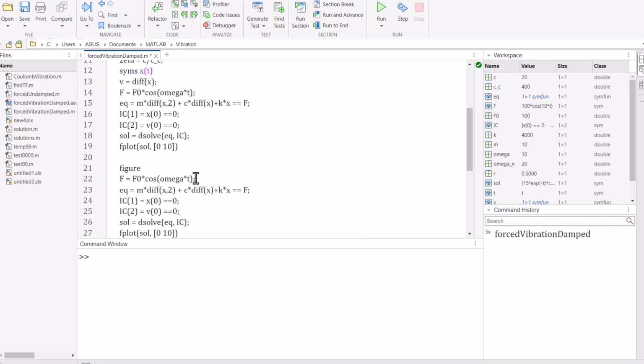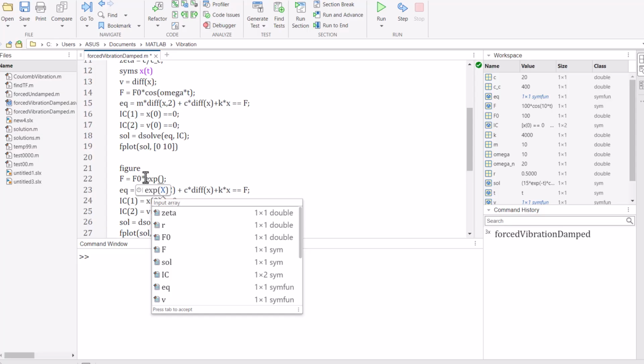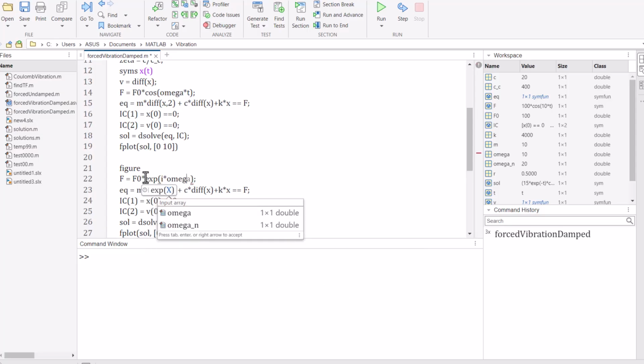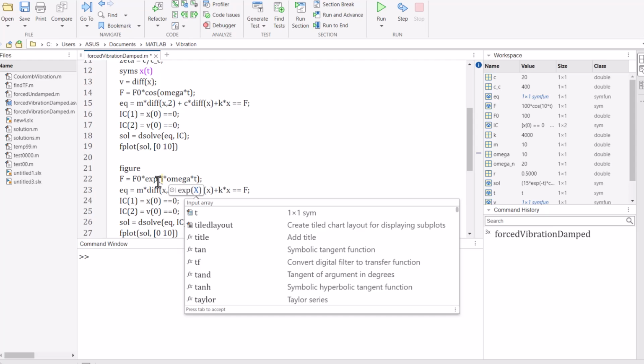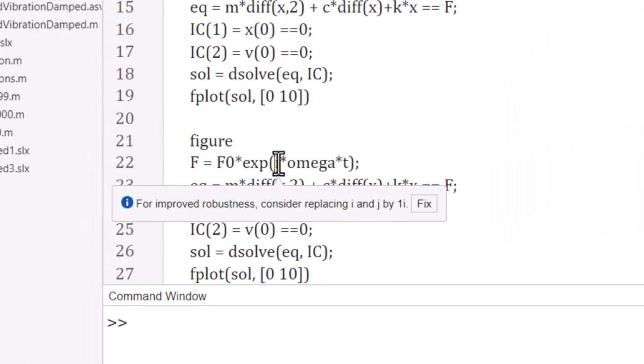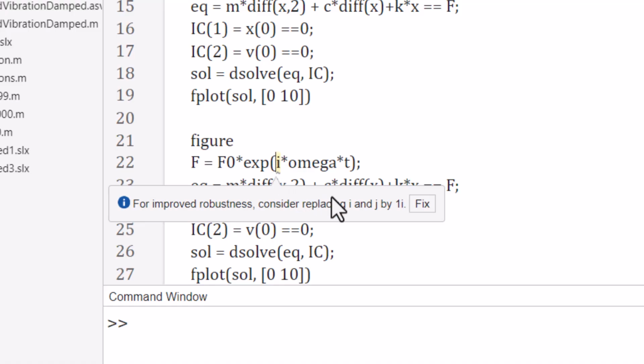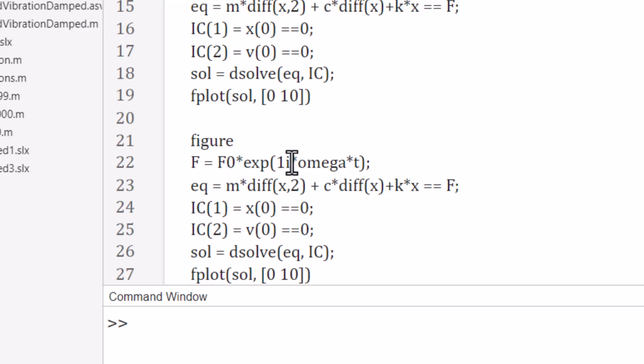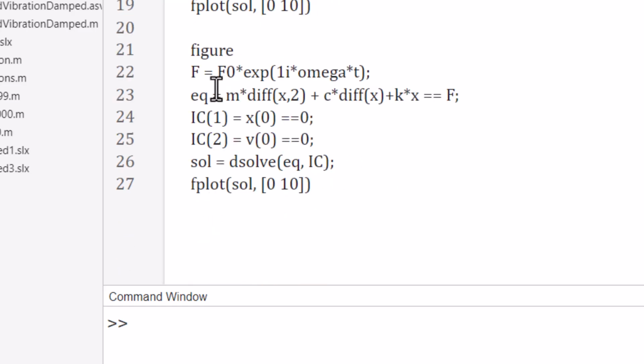I will create a figure, and this time I will define f as f naught times exponential of i times omega times t. And MATLAB shows me a warning, and it says, instead of i or j, you had better type 1i. So I hit fix, and this is a more robust way of defining a complex number in MATLAB. So the users won't find this term misleading or ambiguous. Again, we have the same equation and initial conditions, and we are going to solve it. So if I hit run,